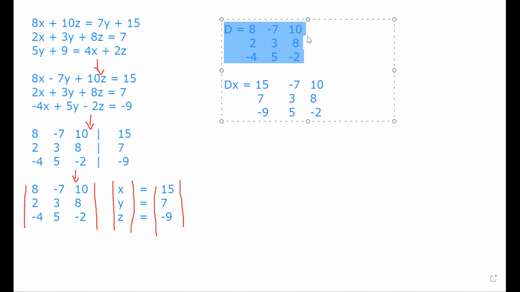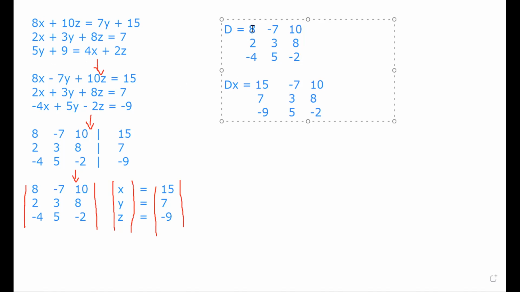Okay. So if you are clear on matrix D, then we have to find dx. Our target is to find the value for x, y, z using this equation. To find these values, we are using the matrix method. For that, we are using a law called Cramer's rule. Okay. So this is the first step and second, third step. And from this one, you can write matrix D. This is coming from this one. Okay, that is clear. Now you have to find dx.